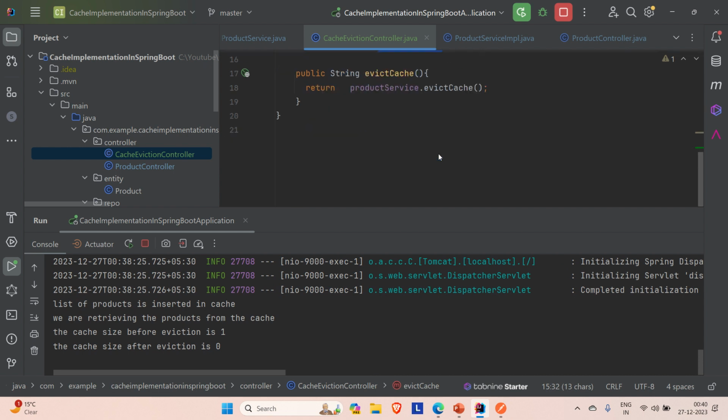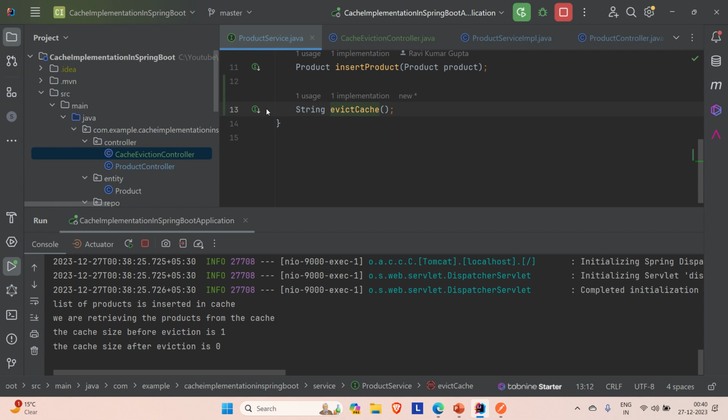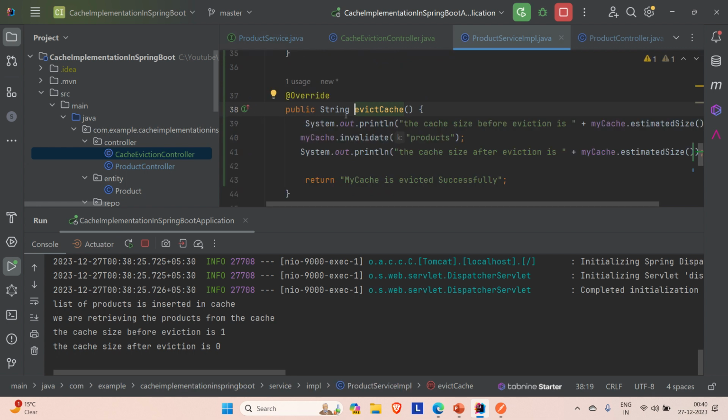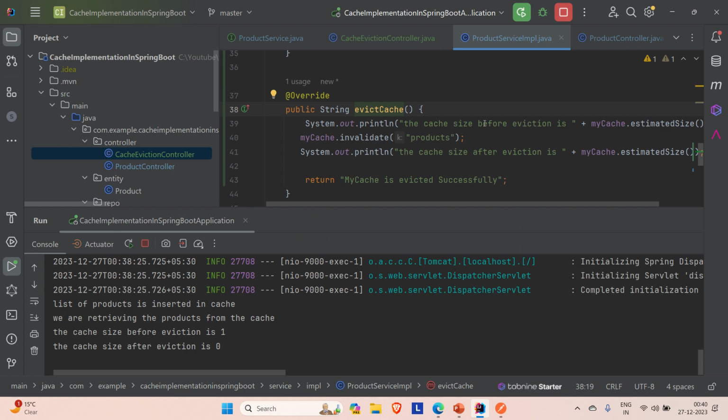If we go to the implementation of this method, you can see what we are doing. We are printing out the size of the cache before eviction and after eviction. So the cache size before eviction is 1 and the cache size after eviction is 0. Okay, so when we hit this API,